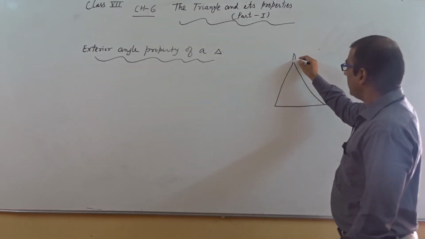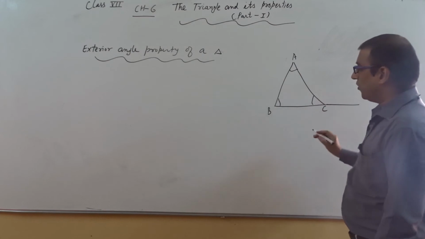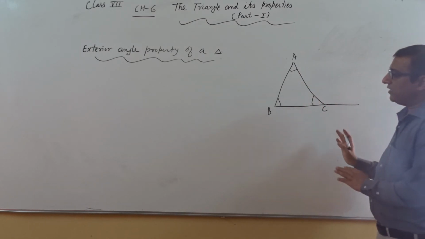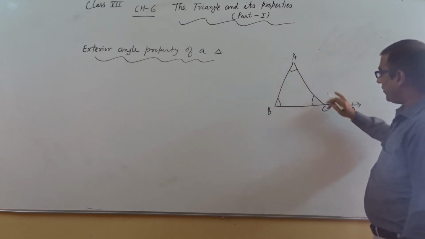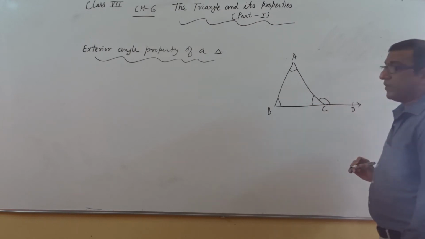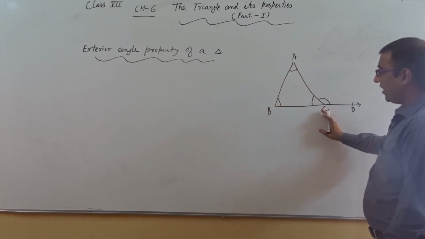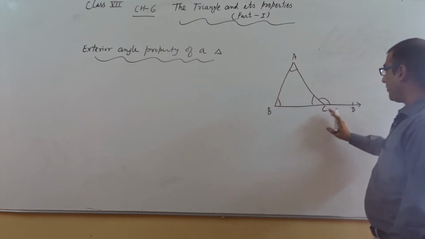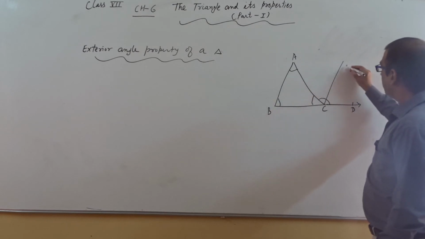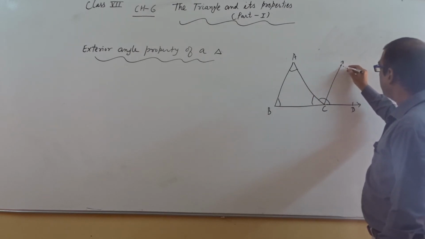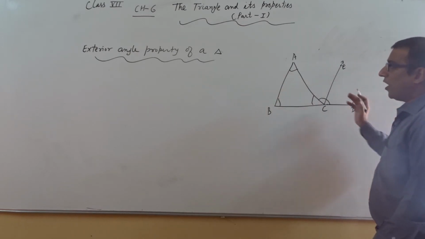In this diagram, ABC, angle A, angle B and angle C, all the angles are interior angles because these are the integral part of this triangle, and we can say ACD is related with exterior angle. So angle A, B, C of a triangle ABC are known as interior angles, and angle ACD is known as exterior angle. So if I am taking here E, we can say AB and CE both are parallel sides. So how can we prove this?